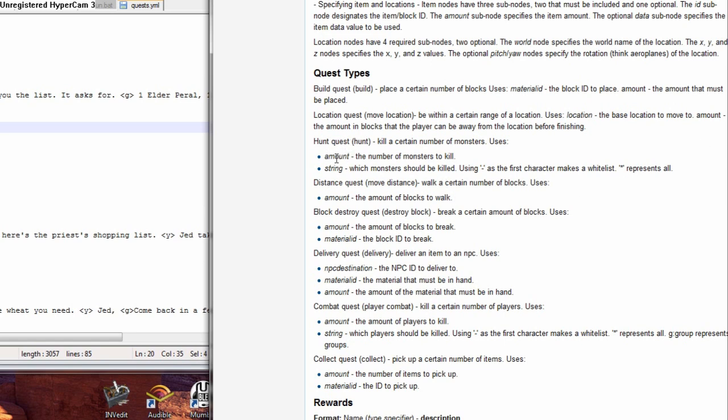And you know, if you were to do one that was hunt, you have the amount and a string, which would be like string and then colon, space, and then you'd use the little half quotes, and within that you could put down everything, or you can put down individual ones: cow, chicken, sheep, pig, whatever,